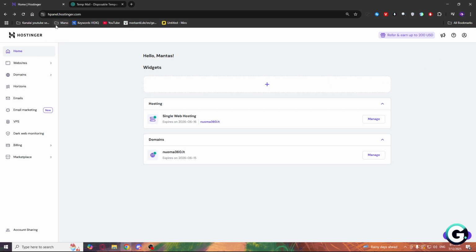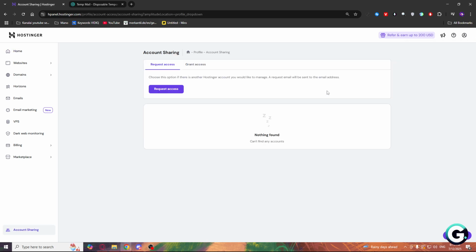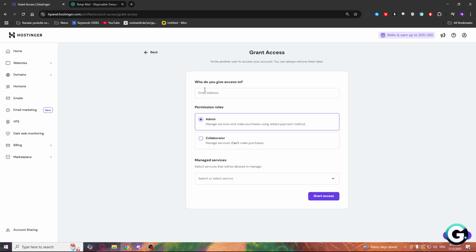So log into your Hostinger hPanel and go to the top right corner at your account. Click on your account and go to the account sharing. Here you will see a request access button or grant access button. Click on grant access button, click again on this grant access, enter your email, and here you will need to